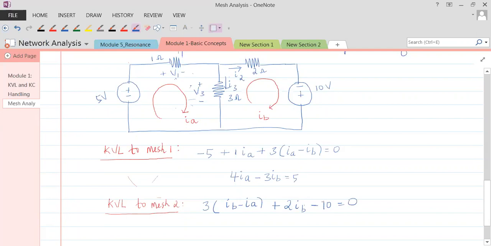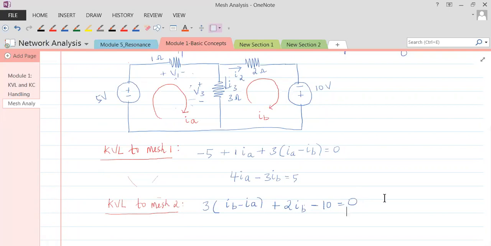Now why didn't I associate a current with this 10? Not associating a current with this 10 means that this 10 itself is a voltage. Everybody understand that? So again, 10 into current I'll not do. Voltage into current I don't do, so it would become power. But in KVL, we have to be writing all voltages, mind you. This is the voltage, this is the voltage, this is the voltage. So the algebraic sum of all these voltages should give you 0. Is that okay with you?